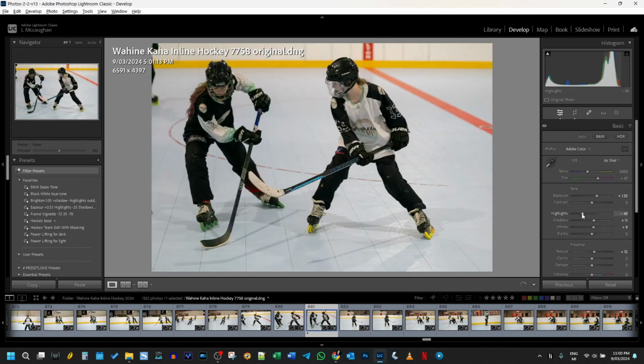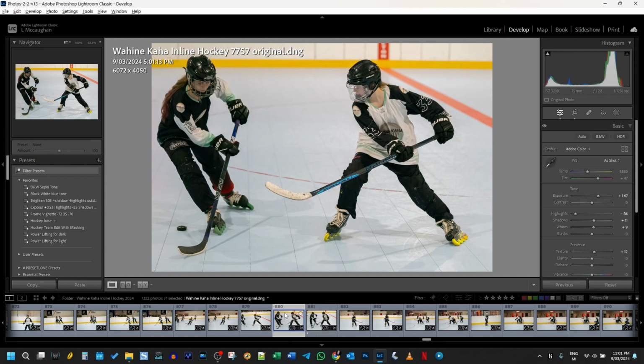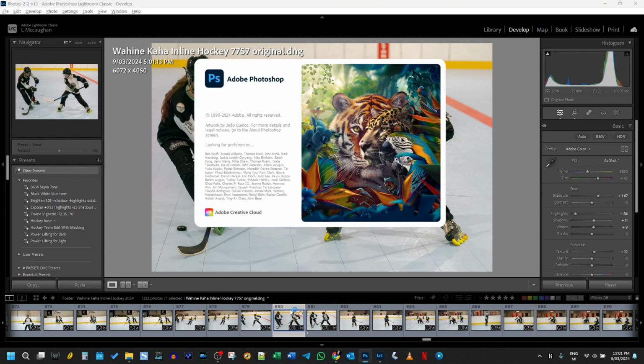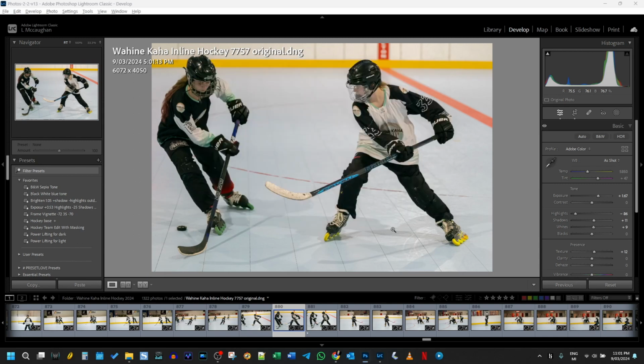Sometimes it's a bit of a balance between highlights and exposure. Send it through Photoshop. So that's pretty much the Lightroom end of it done. The only other thing I would do now, after I've edited this one, which will be pretty quick,